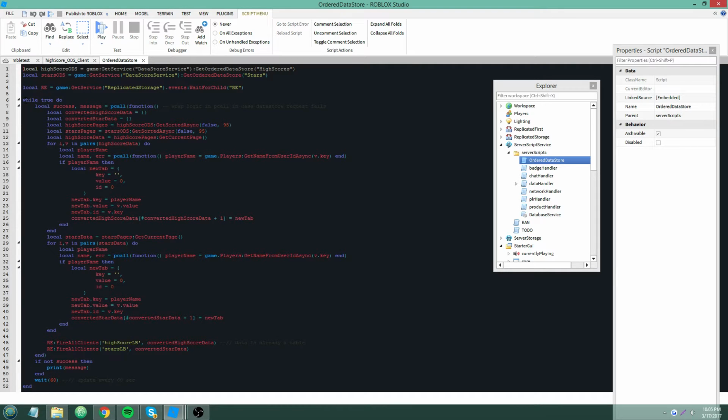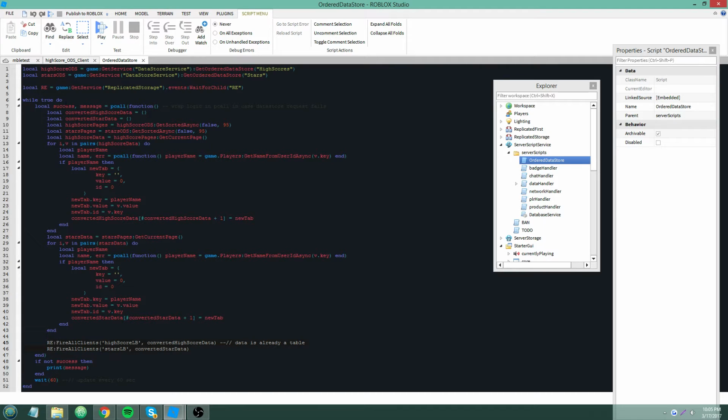This big block is pretty much divided into 2 sections. One is for the high score data store, and the second is for the stars data store. And then I use a remote event to fire all clients with the data to tell the client to display it. All this probably looks pretty complicated right now, but we are gonna walk through it together.